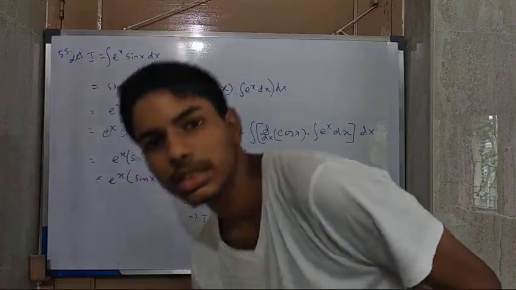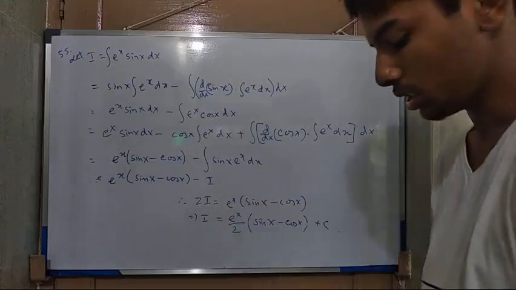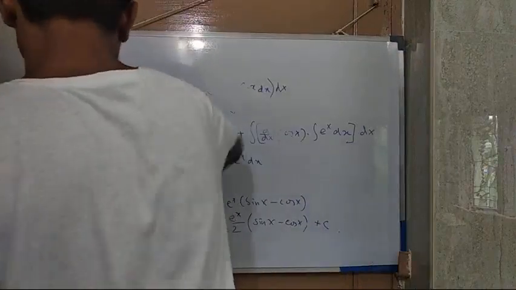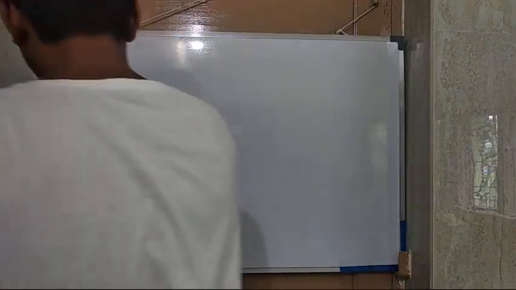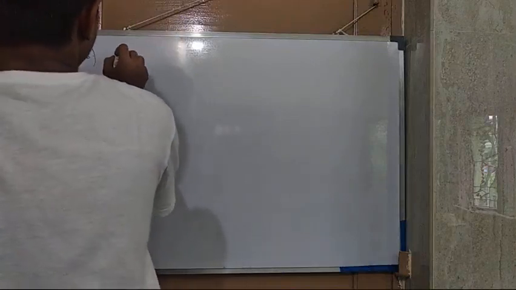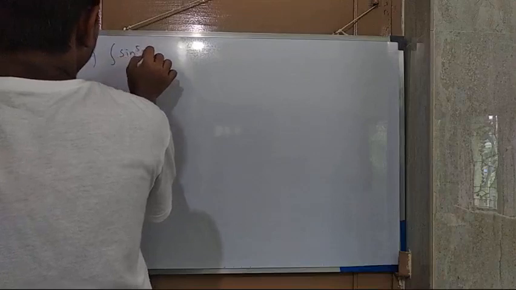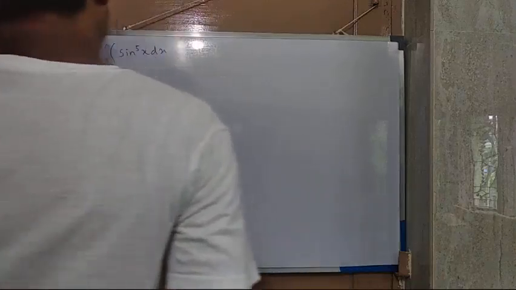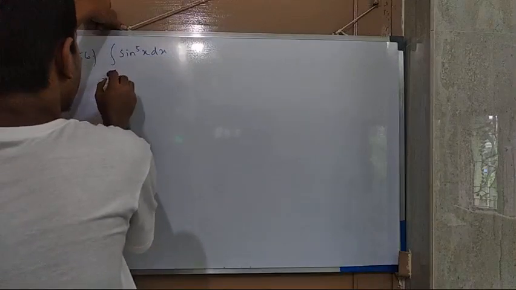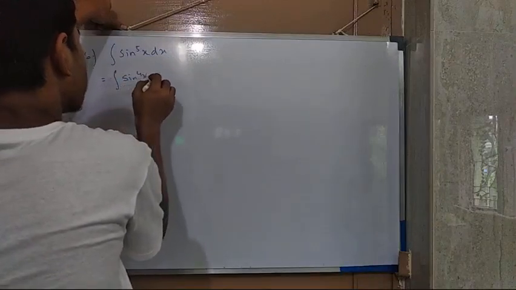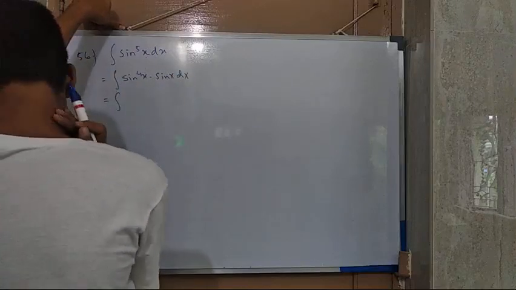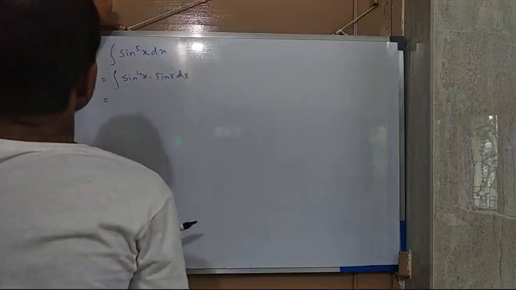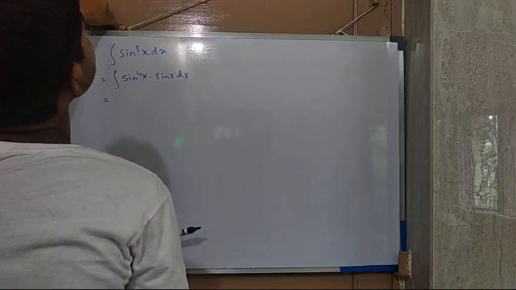Now let's proceed to the 56th question, which is integral of sin to the power 5 x dx. For integrating this, we are going to take sin to the power 4 x times sin x dx. Sin to the power 4 x can be written as sin squared x whole squared, so